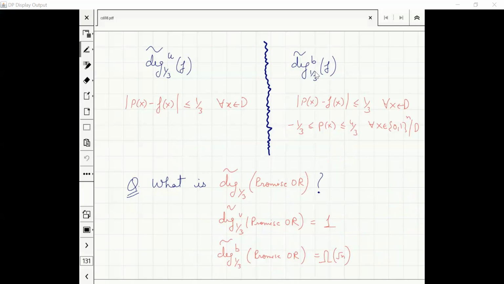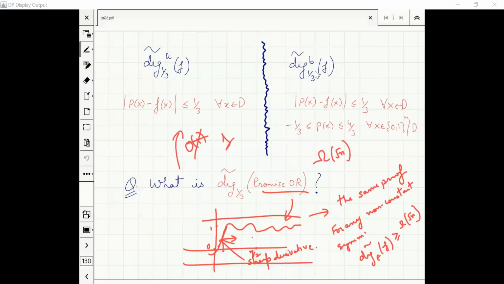Sir, the bounded case that you talked of. Yeah, so over here, we are essentially dropping the special case of OR, because of the special inputs. In the case of promise OR, we were taking Hamming weight 0 and Hamming weight 1 inputs. But as soon as we start talking about the bounded case, we no longer talk about those special inputs because of this p of x lying between -1/3 to 4/3.